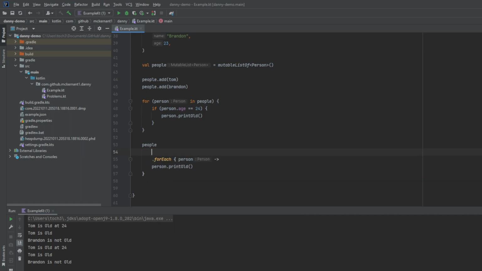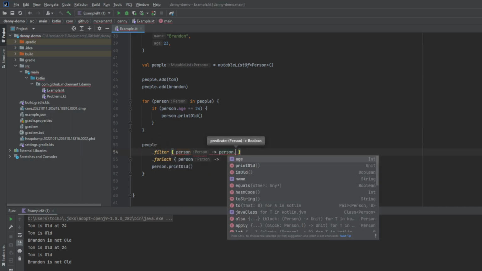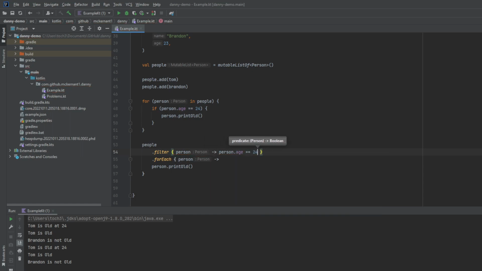Now, for the approach down here, it's a little bit different. Instead of putting the if inside of this, we add something that's called a filter. So essentially, we have our person there. We do person dot age equals 24. So these are the two different ways of doing this sort of logic flow. This one separates out what you need to do into these individual functional steps, and this is kind of just a bigger blob that can be easier to work with in some instances,